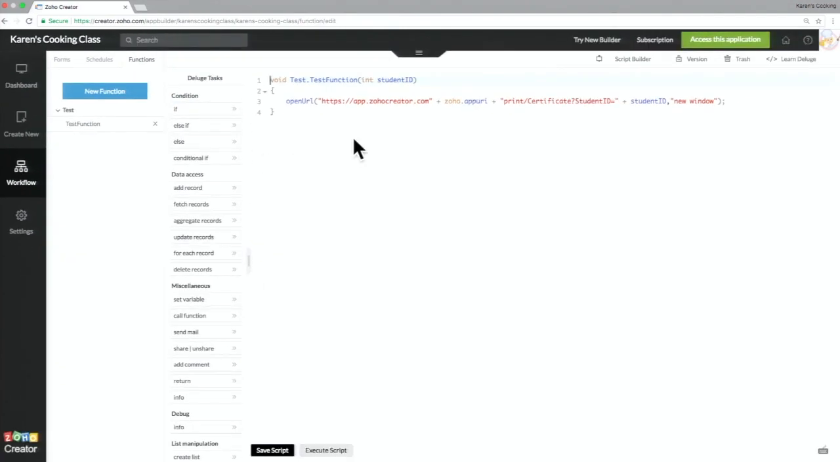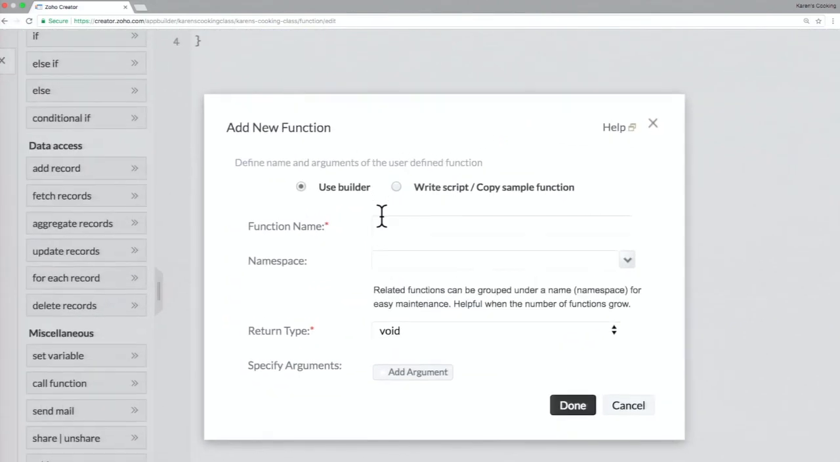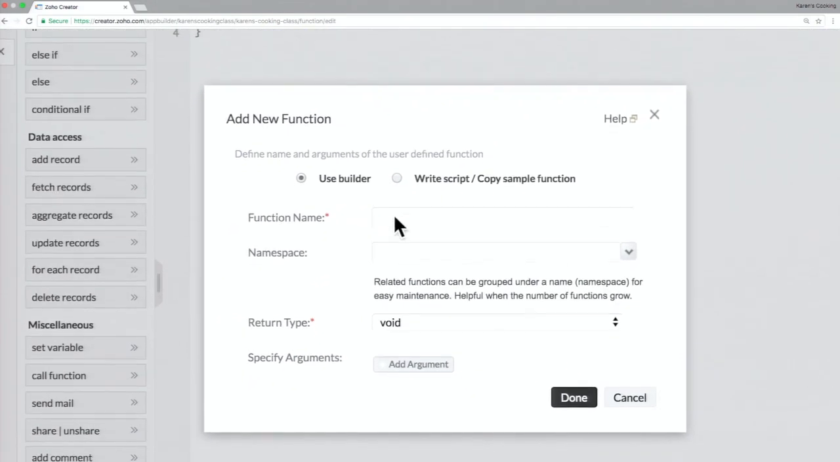And your screen will probably look a little bit different. You'll probably have a big blue button that says no functions have been created yet. So is everybody there at the create function interface? So what you'll do is you'll start creating a function, and you're going to get this little pop-up which has